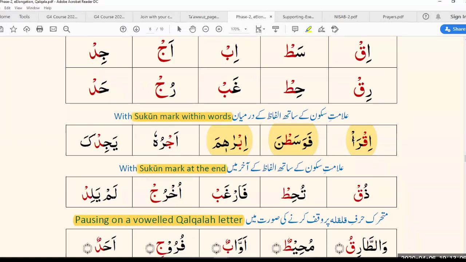Okay, so first of all, the first word, how did you say it? Iqra. Okay, so there is a sukoon on the alif, and the alif makes the same sound as the hamza. So just imagine that this is kind of a hamza, so you would be saying iqra. Yeah, good. Next one. Okay, so you have to see that there is a fatha on the fa, there's a fatha on the waw, there's a fatha on the sin.